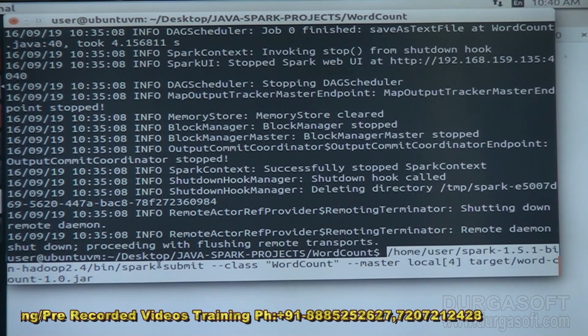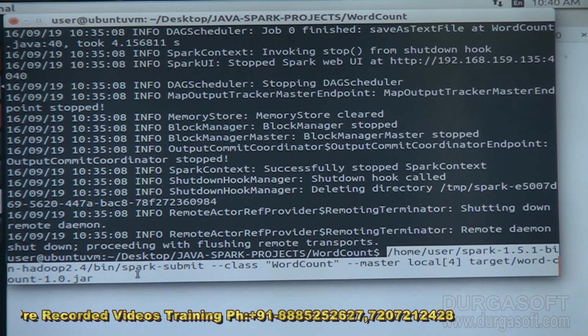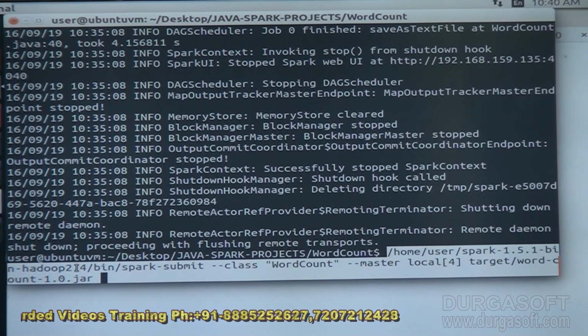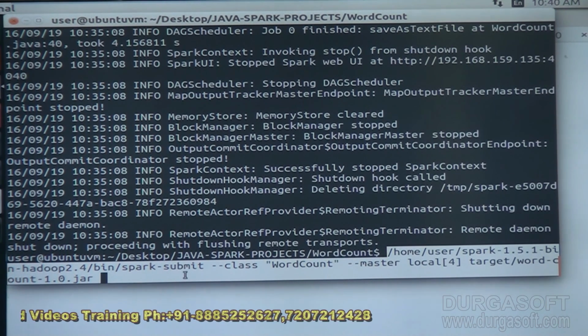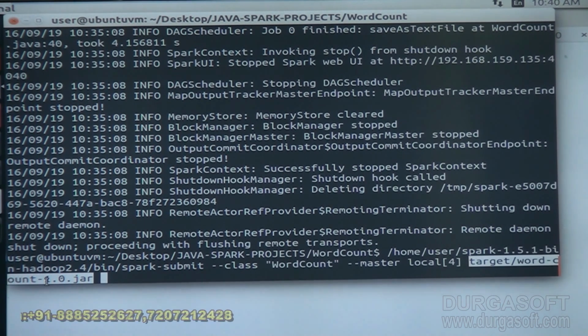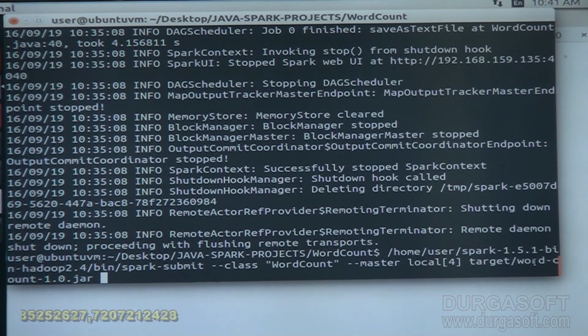I just gave the spark-submit program's address. Normally spark-submit is in the Spark home path, /bin/spark-submit. Spark submit is always in the bin directory of Spark's home, and I am giving the class name and jar file name. I am passing just two parameters, the class name and the jar file name. So after taking the logic from the jar and running the classes on top of our input file,